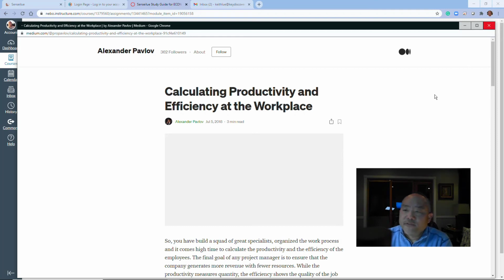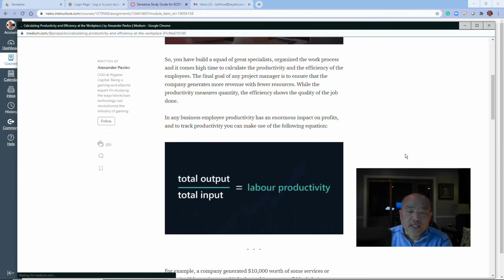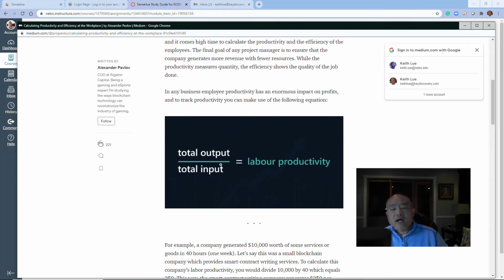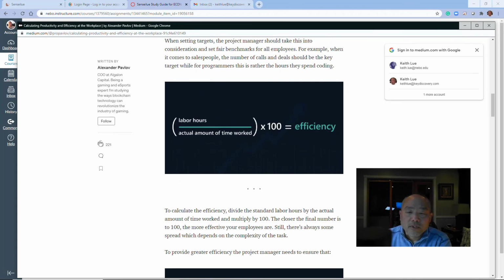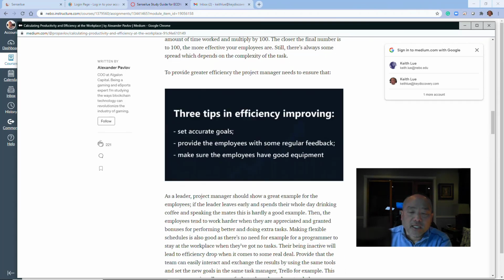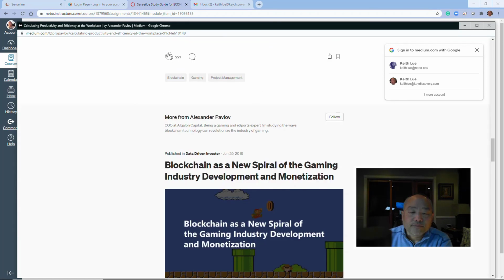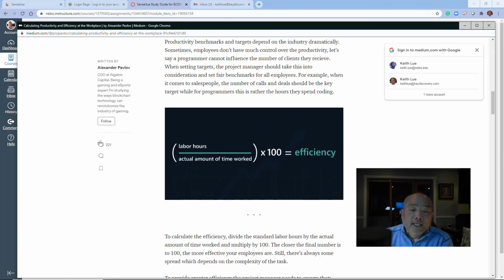Calculating productivity and efficiency in the workplace. You can read this. And you can see total output divided by the total input is equal to labor productivity. So in a simple example, we can take the labor hours and the amount of time worked times 100, and we get an efficiency